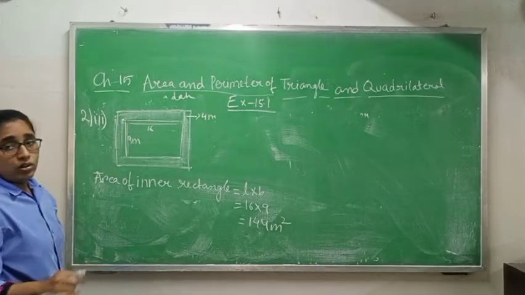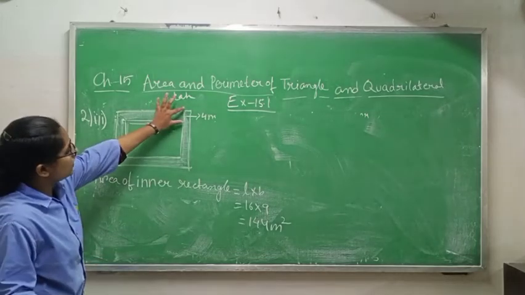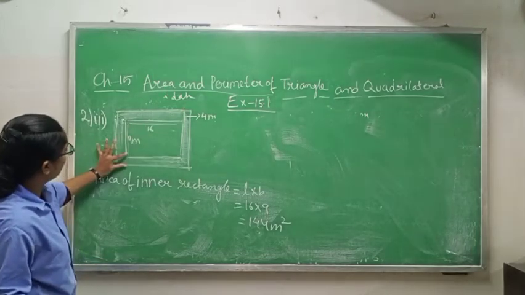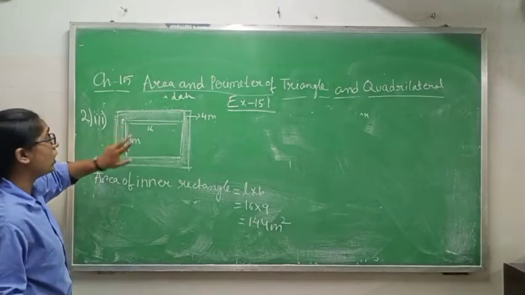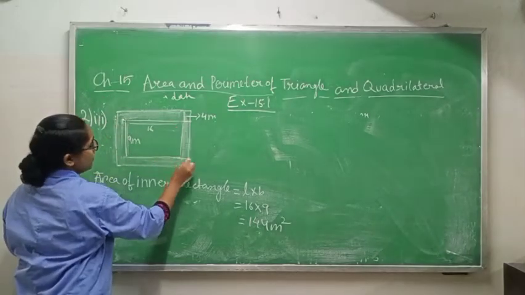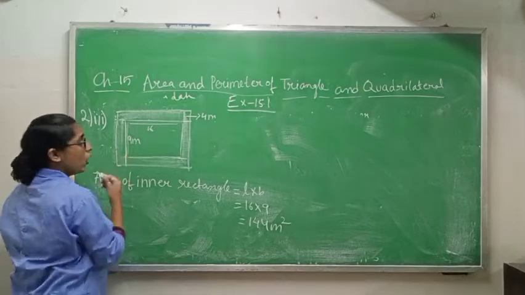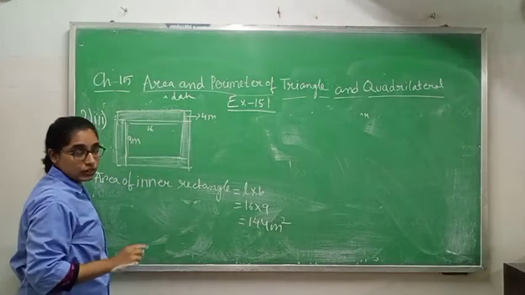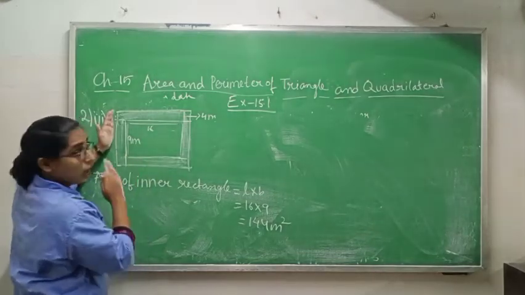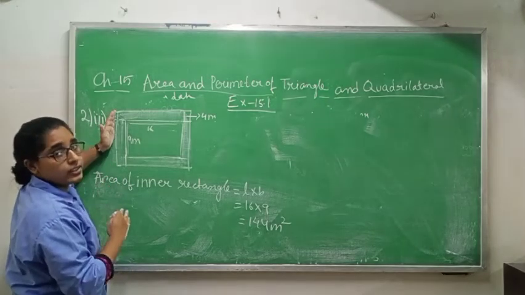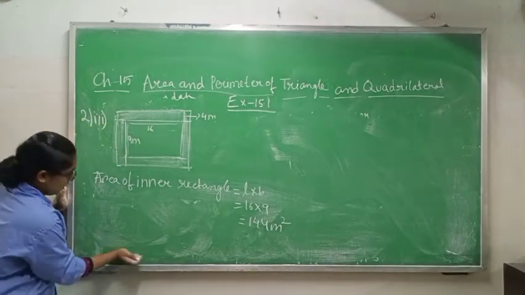Okay. Now class 9, width is 4. Here also 4, this one is also 4, this one is also 4, all the width. Whatever width you have, all are 4 because it is written 4 meter. How will you find the length of the outer rectangle and the breadth of the outer rectangle?